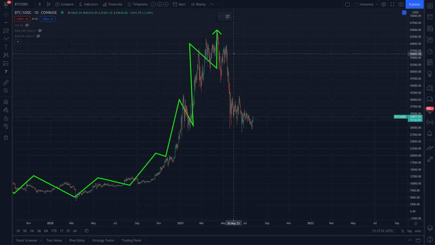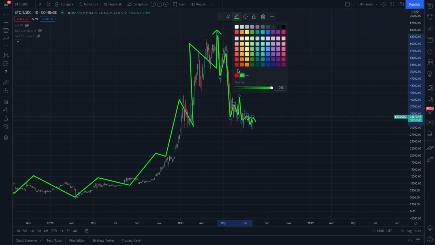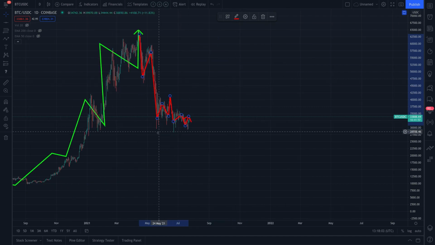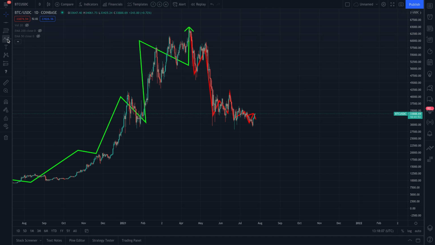Not sure if that's an absolute top. I think Bitcoin will eventually go significantly higher, but just to separate the uptrend from the downtrend, whether the long term from the short term, these paths here. Pardon me there, guys. Just going through it for you here. The green line represents the overall uptrend. The red path represents the short-term, potentially long-term downtrend.